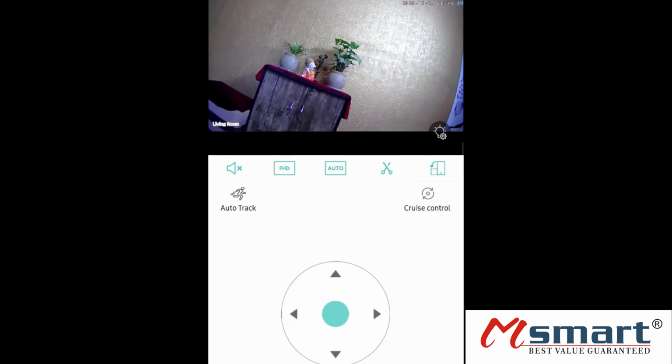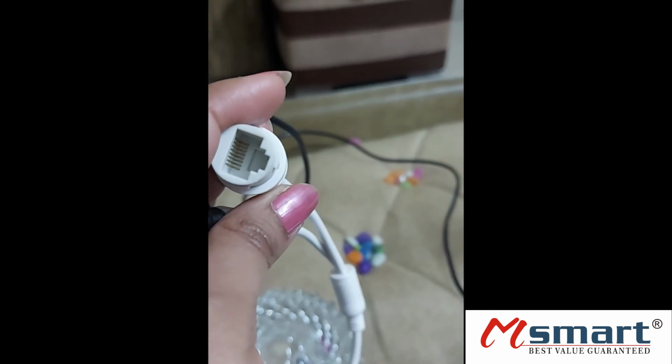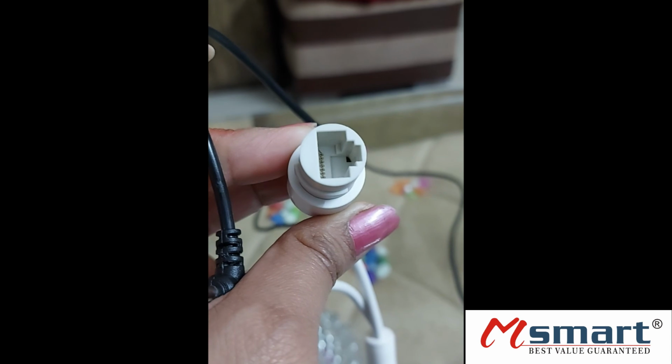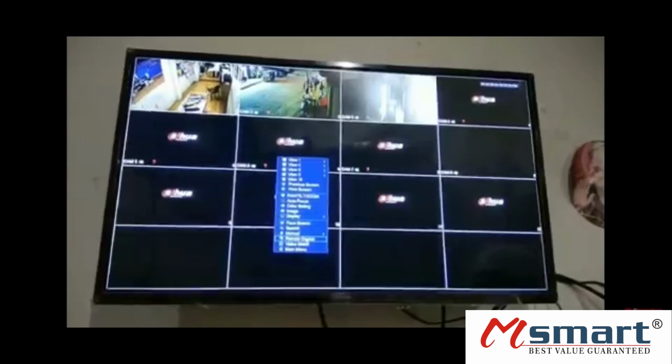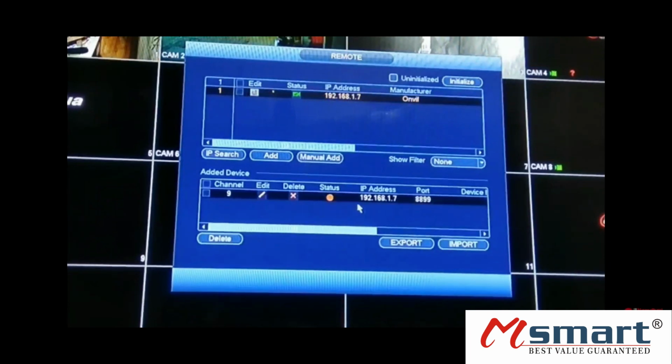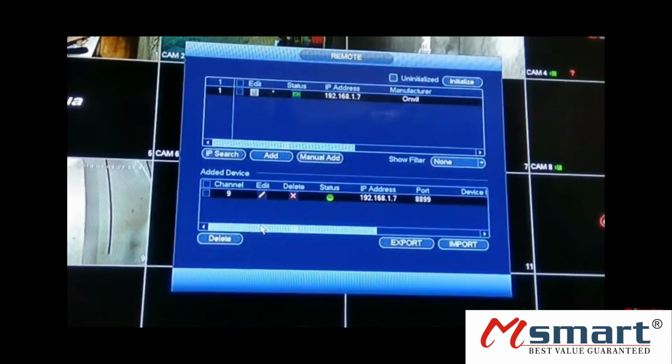You can also connect this camera to the DVR. In the DVR mode, what you need to do is just switch this on, input the LAN into this LAN slot, and then connect the DVR normally. Right on your screen, click on the remote device option. Click on the IP search option, and it will automatically search and take the IP address automatically from the router, because you have connected the LAN wire into the camera. And see here, the added device is there. For the password, it is admin and admin ID, and the password is admin and admin for the DVR. And see, this is a very simple step, and this is how the camera can be connected to the DVR.